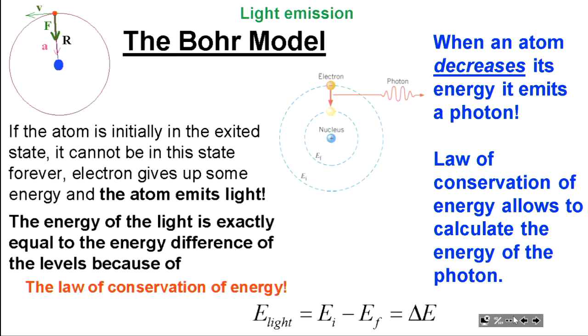So the Bohr model explained experiments with the different spectra of different gases. At the time, physicists could make vacuum tubes filled with gases, just practically pure helium, pure hydrogen, pure argon, and pure neon, and then excite them with electricity, like with light, and then look at the spectrum, and it turns out that the spectrum actually had lines,